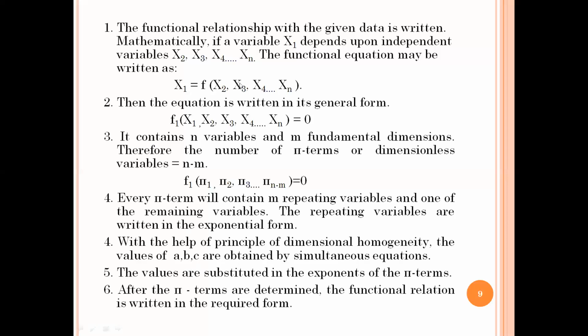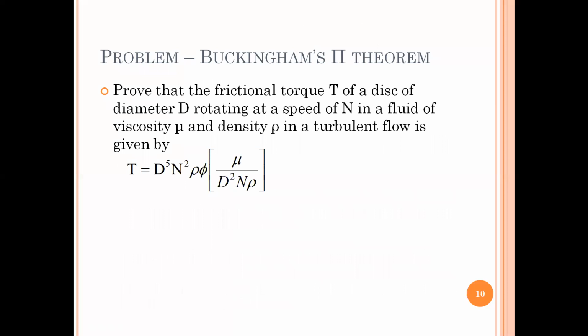So remember, functional equation, then this dependent variable I'm taking inside. I'll have function equal to 0. So these terms I'm substituting by the pi terms. So pi terms are totally n minus 1 equated to 0. So find each pi term. Remember, your pi is a non-dimensional quantity. So find each term, and then you'll be substituting in your general equation. Okay, so basically what is happening is we are trying to find the relationship between your dependent variable and the independent variable. So coming to the example, so this problem has come in one of your papers.